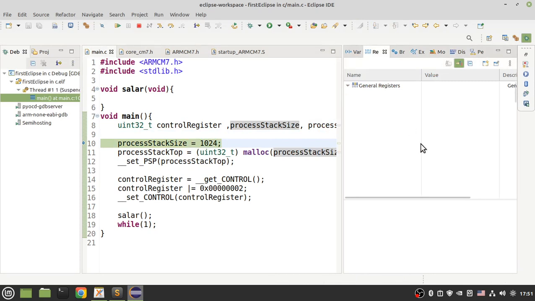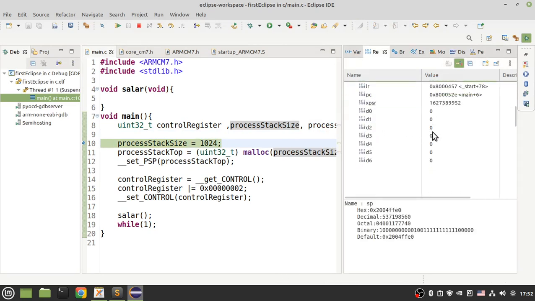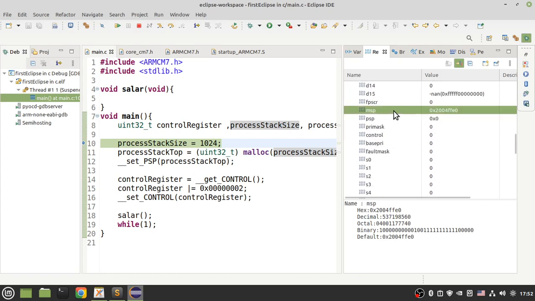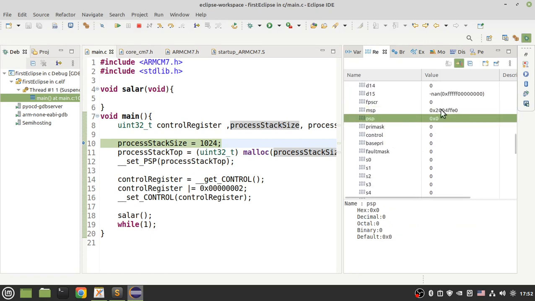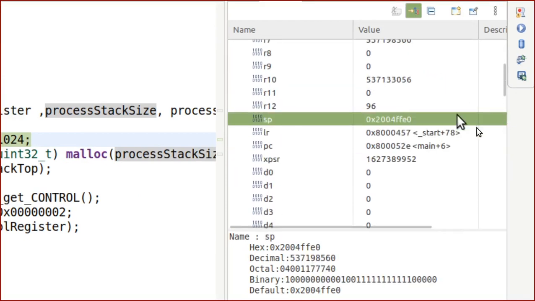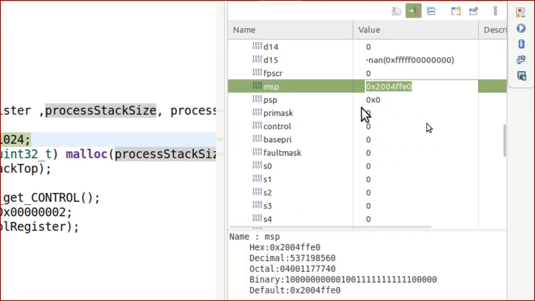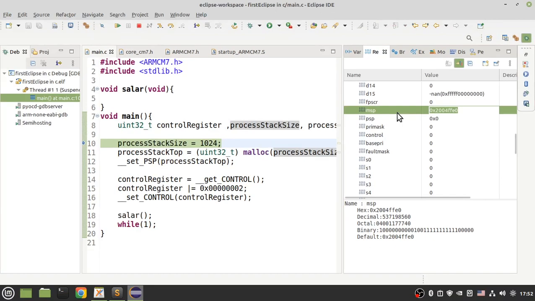So in my register bank, I have the stack pointer register, and I have the main stack pointer and the process stack pointer. The value of the stack pointer after reset is the value of the main stack pointer. Okay. So now my processor is using the main stack pointer, but by